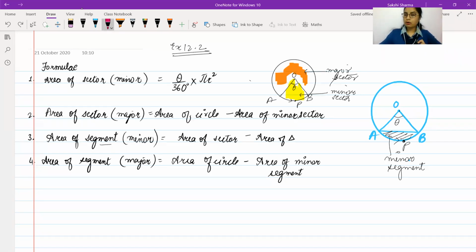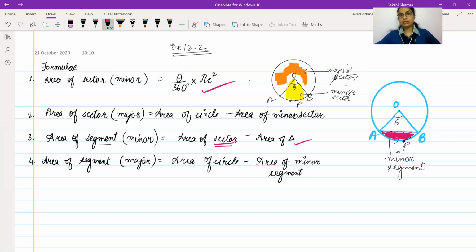To find out the area of this portion, what we want to do is, from this sector, which looks like a pizza slice, we want to take away the area of this triangle. ये येलो हाइलाइटेड पार्ट जो है उसमें से अगर हम इस ट्राइंगल का एरिया रिमूव कर दें तो हमारे पास ये वाला पोर्शन रह जाएगा. एंड दिस इज द एरिया ऑफ द सेगमेंट दैट वी वांट टू फाइंड आउट द एरिया फॉर. सो एरिया ऑफ द सेक्टर का फॉर्मूला आपके पास ऑलरेडी है. एरिया ऑफ द ट्राइंगल वी विल फाइंड आउट एंड वी विल सबट्रैक्ट द टू. Then we can obtain the area of the minor segment.